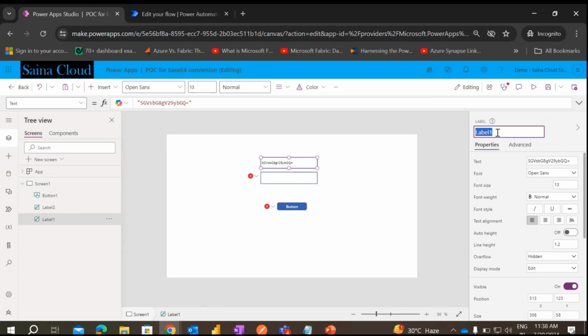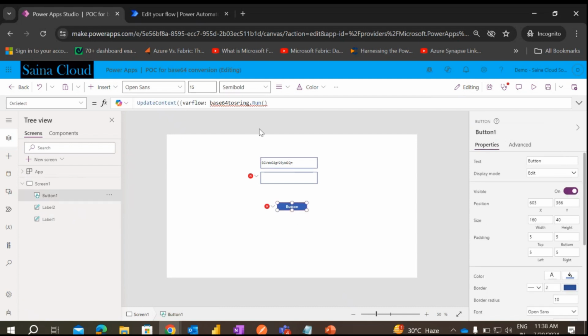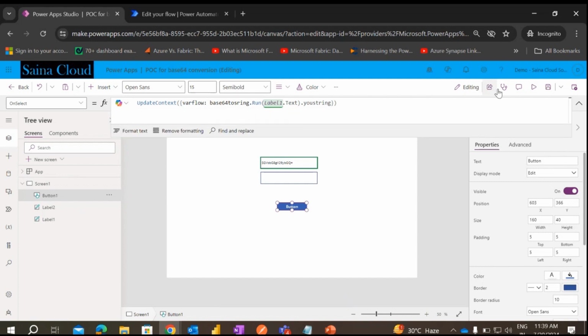So I'll copy this input label. I need to add it here, dot Text, dot your string. That string name is coming from my Power Automate flow. Now save this